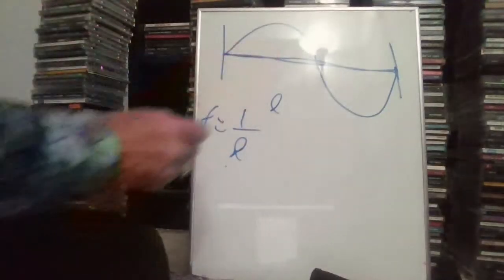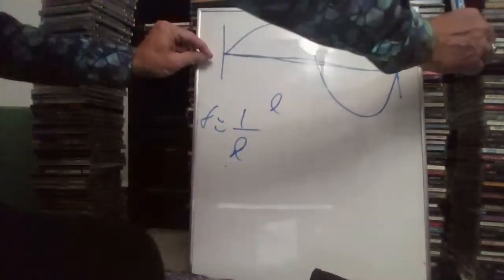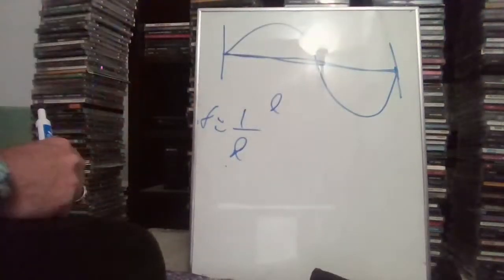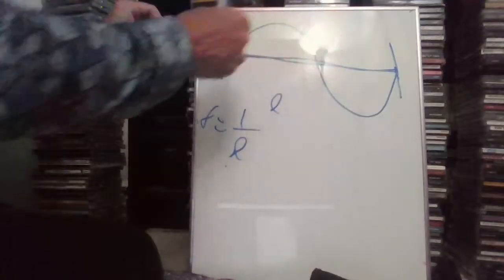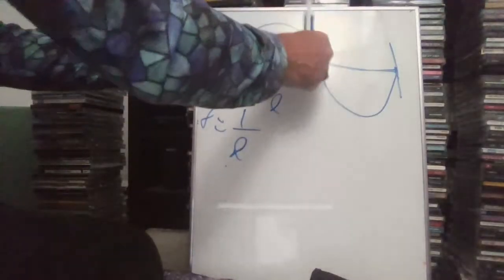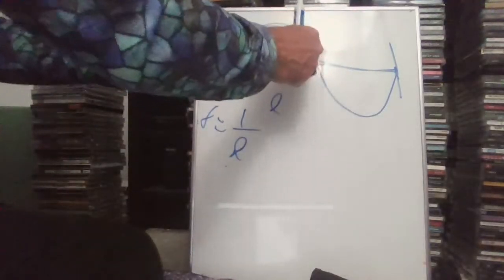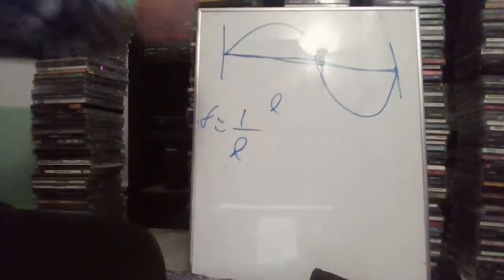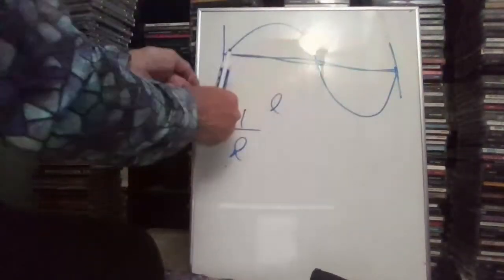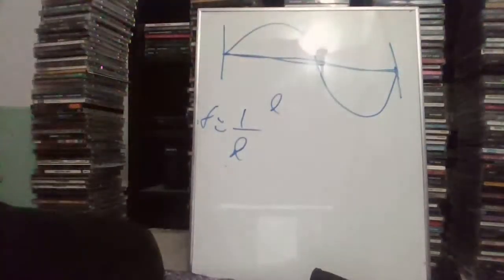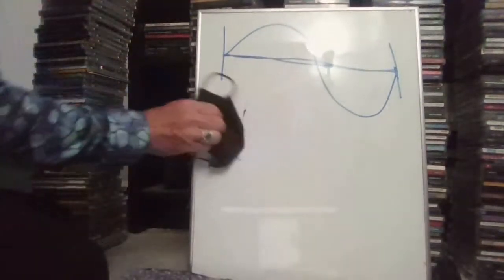And if L gets really big, the frequency is less. That makes a lower pitch. If length gets shorter, the frequency is higher. I mean, the string is shorter, the frequency goes higher because 1 over a smaller number is a higher number. So short length, high frequency. Long length or big length, low frequency. So far, I think we're hanging in there.